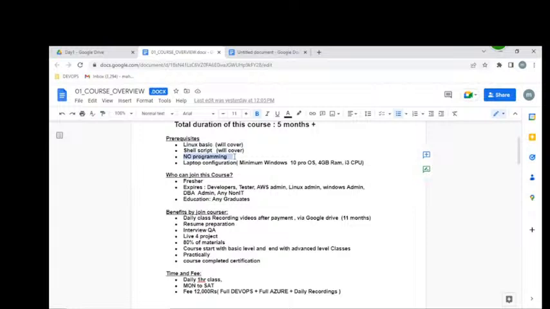To learn this course, you should practice daily and you require a laptop with this configuration. Either freshers or experienced people can join. Minimum qualification is graduation. Any graduate can join, like BSc Computers, MCA, MBA, BTech, MTech.